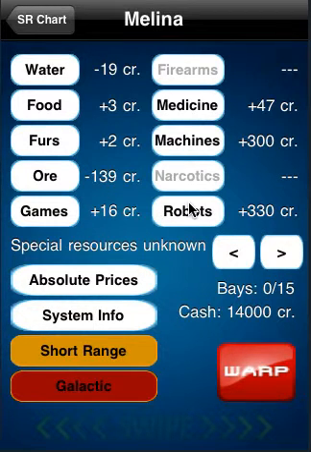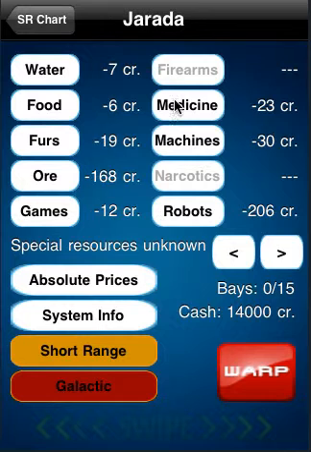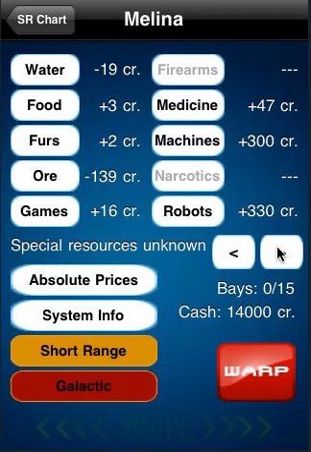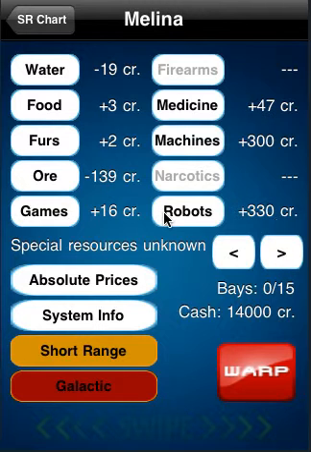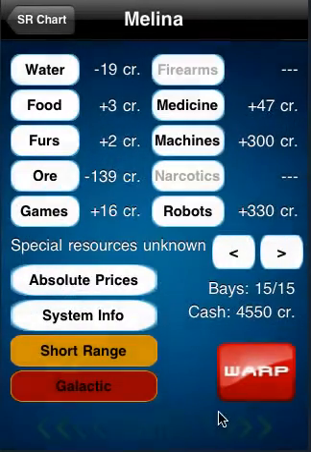So we're going to be hopeful, and they're not exact. I don't believe they're exact. It's just an estimate, or maybe they are exact. I'm not sure what the code is doing there. But in any case, we can be assured that we're going to sell the robots at a profit here. And we can scroll through the different systems. Typically, what an advanced player is doing is really quickly scrolling through these systems, trying to find the best price delta. So let's say we buy some machines, we warp out,